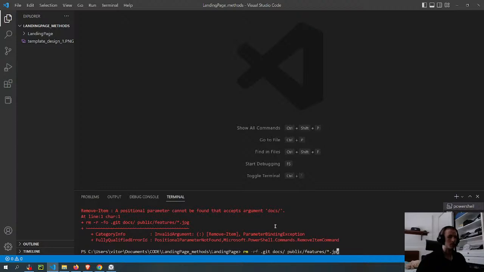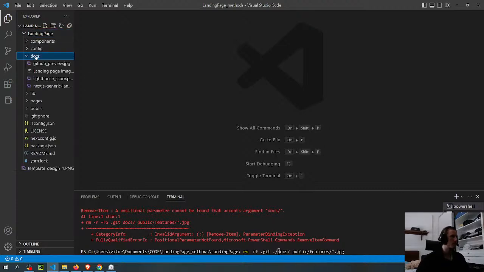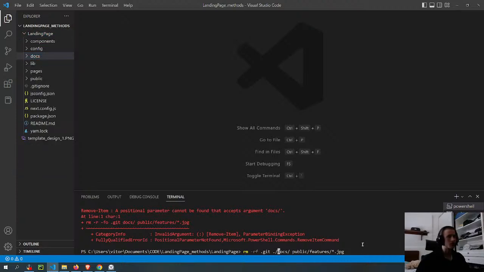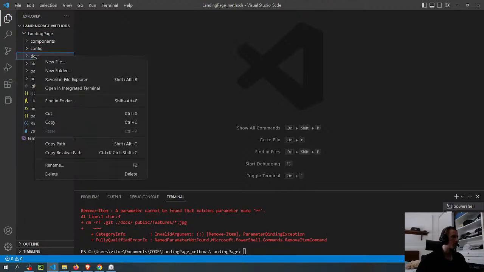I think I know. So the problem, I think, is the path. Or just delete manually. Doesn't work.